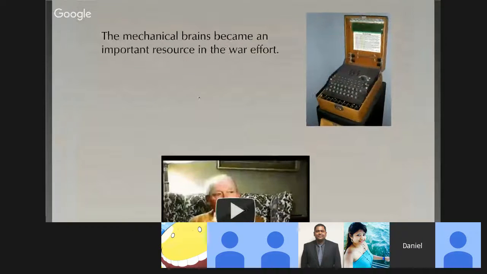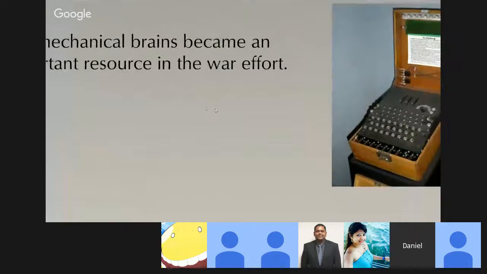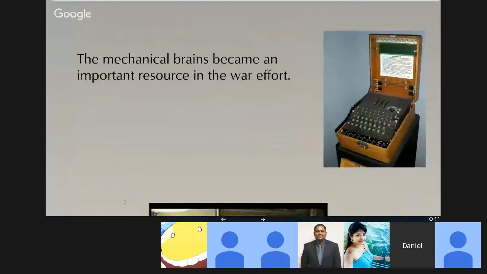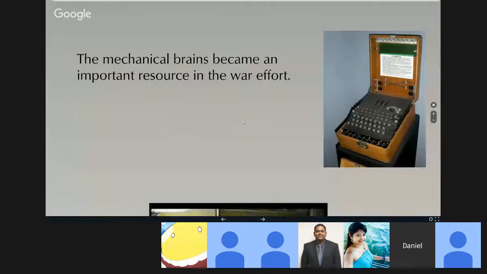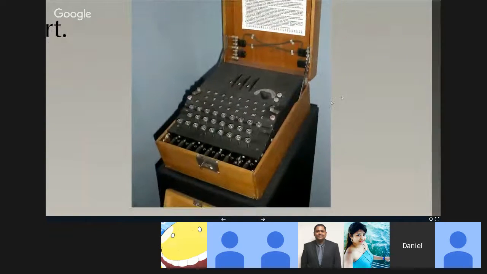One more bit of history. After Turing made his name solving the halting problem, the war broke out, and Turing became enlisted in the war effort. So this is the Enigma machine.